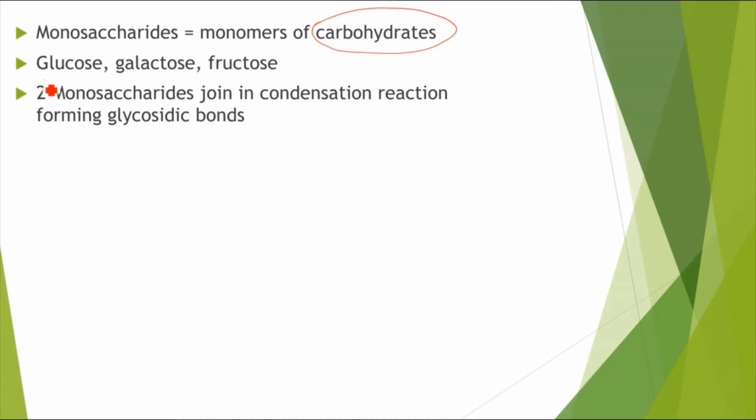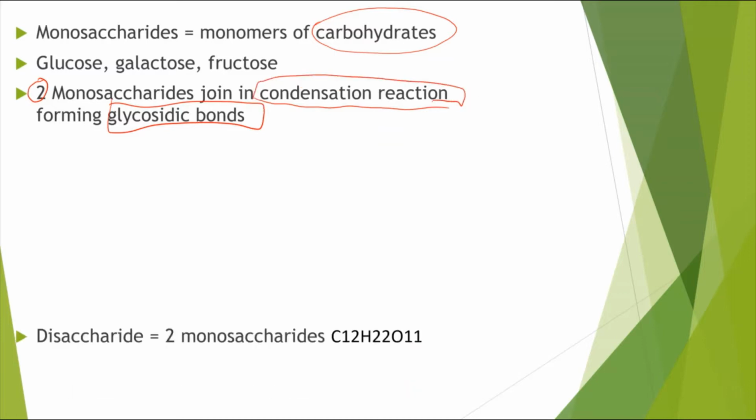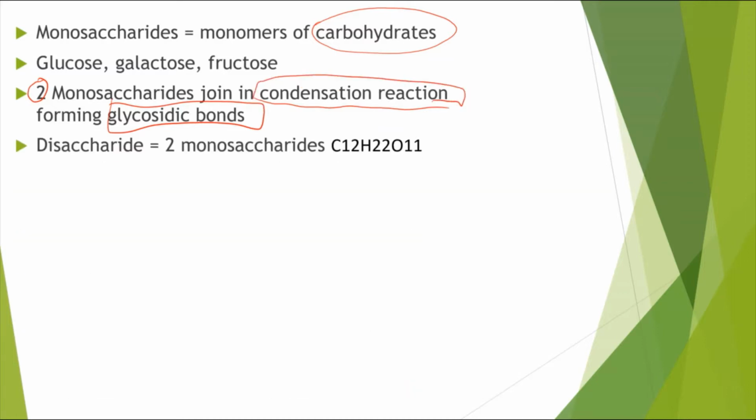Two monosaccharides join in a condensation reaction to form glycosidic bonds. So the bonds between the two monosaccharides are called glycosidic bonds, and they're formed via a condensation reaction. And a disaccharide is when two monosaccharides are joined together, and it has the formula